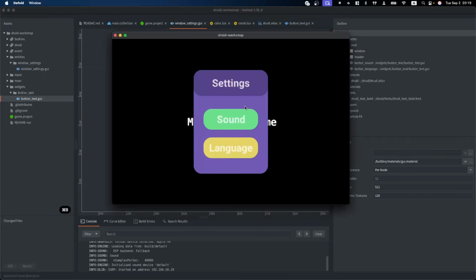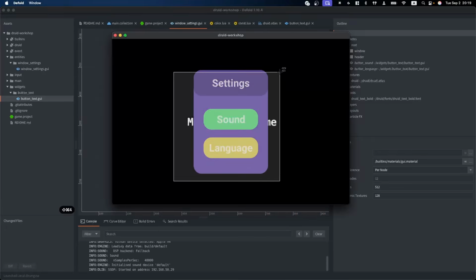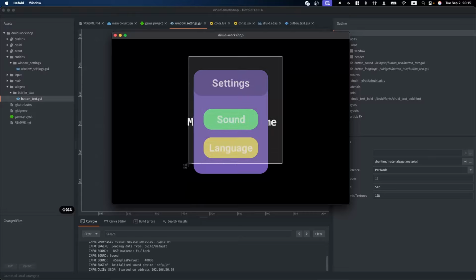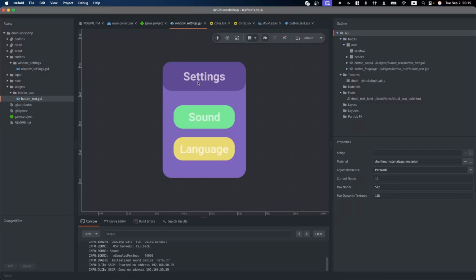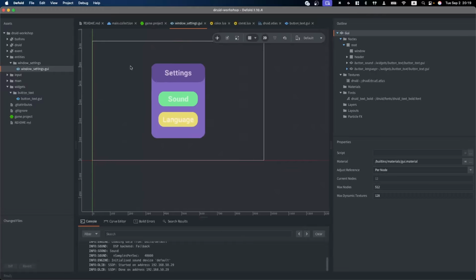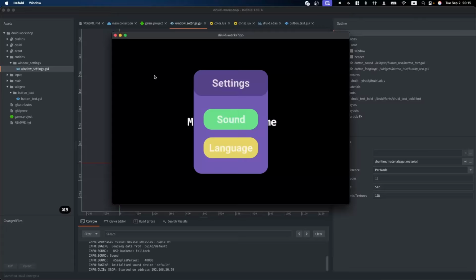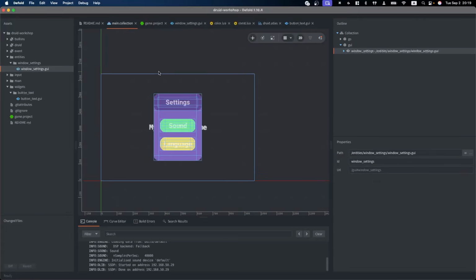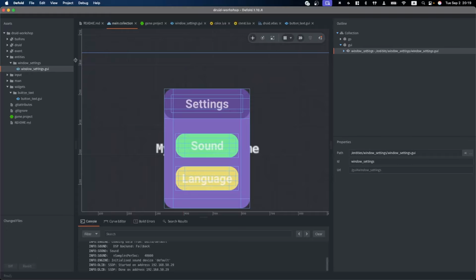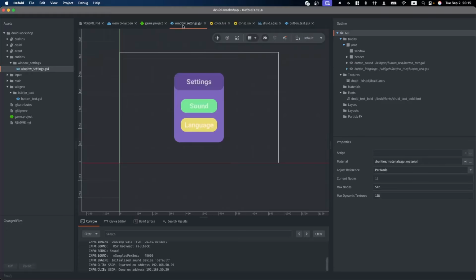Let's run our game. We see our Windows settings. It's perfect, it looks perfect, but we want to click it to make actual logic itself. To add the logic to the GUI files, we need to add a GUI script for the GUI file we want to run. So here, how have we already added it to main collections? Yep, I think, yeah, we can see the red circle beside it.